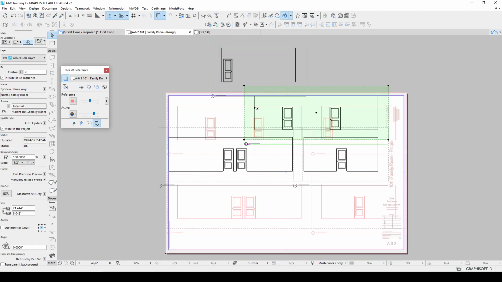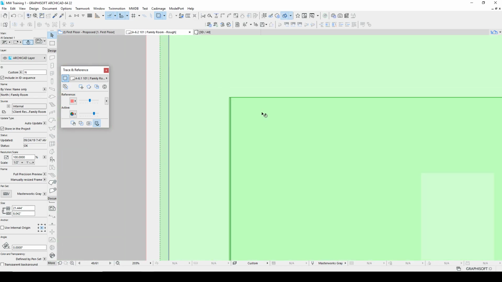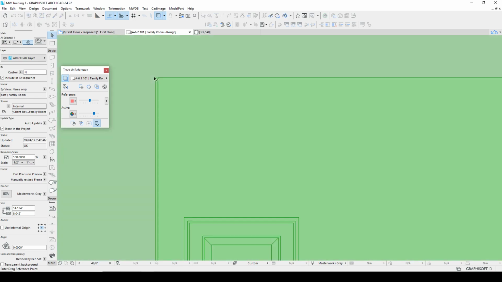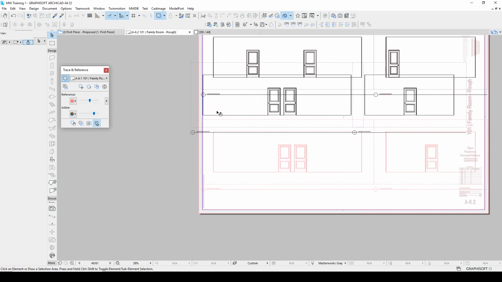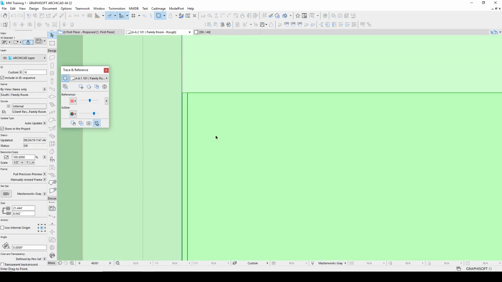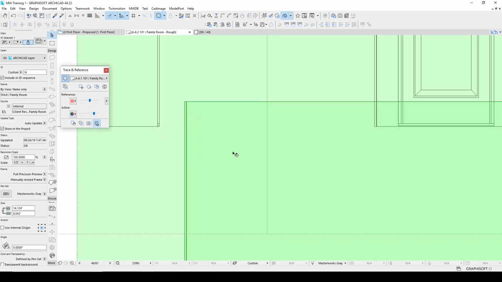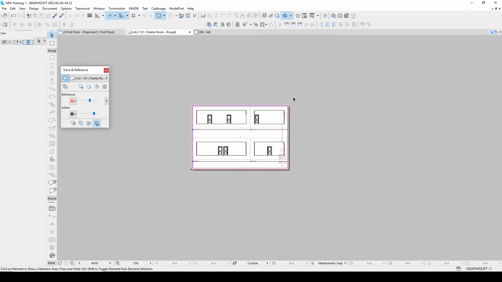So I can see that this view wants to get set over that view. We're lining up the wall segments. Using F5 to move these. And now they perfectly align. I can turn the trace on and off. And when I look at these two sheets, they'll be right on top of each other. So other than this isn't the correct